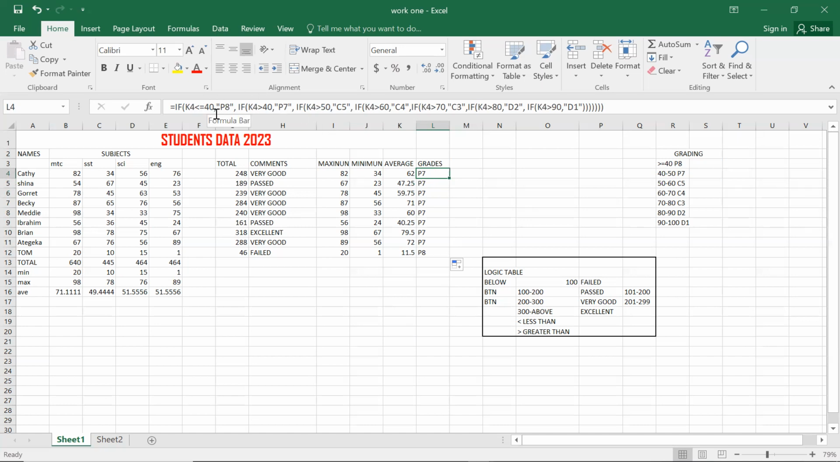This one, less than or equal to 40, P8. This one, no one belongs there. 40 and 50, P7, this one is right. If this one is less than 40, P7. Greater than 40, P7, yes. If this one is greater than 50,